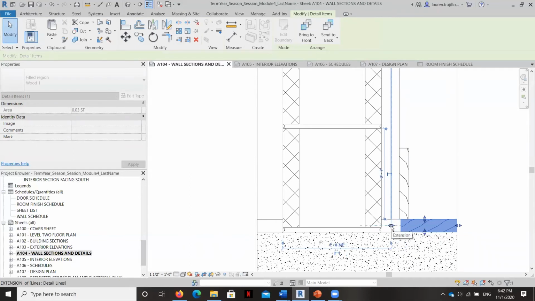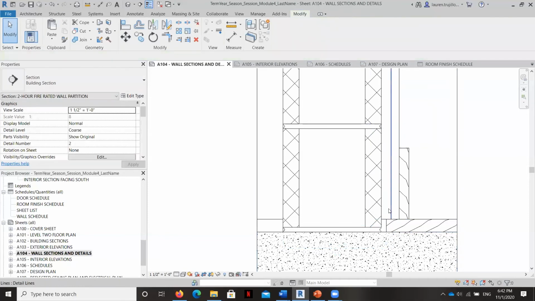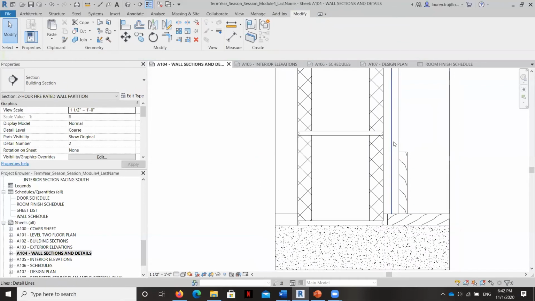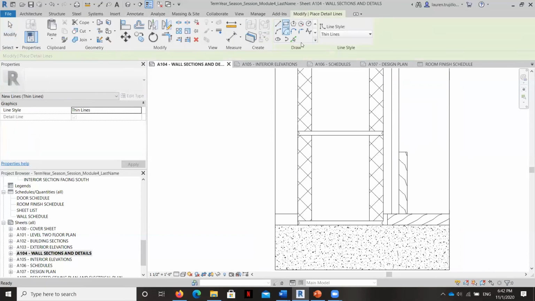Let's see. Okay. So we still have room to expand and contract, and then the baseboard is set up against the drywall. So this thickness here is drywall, and then this is our little gap where our furring strip is going to be. So we're going to just draw a very simple detail line.